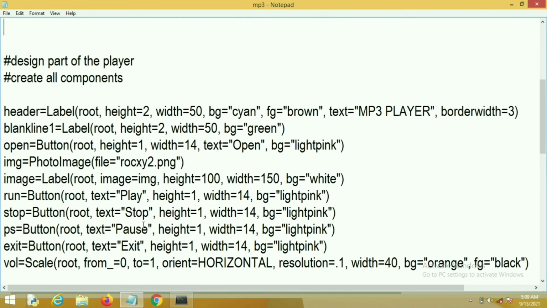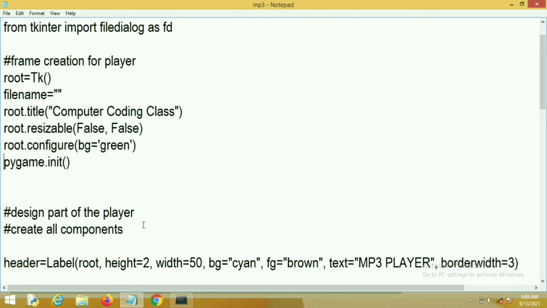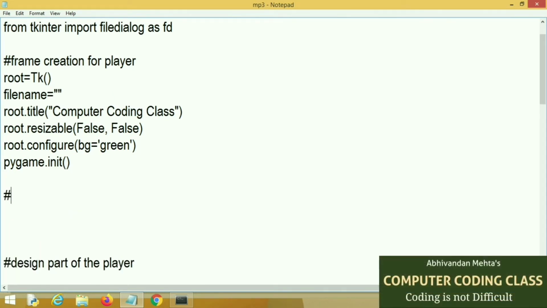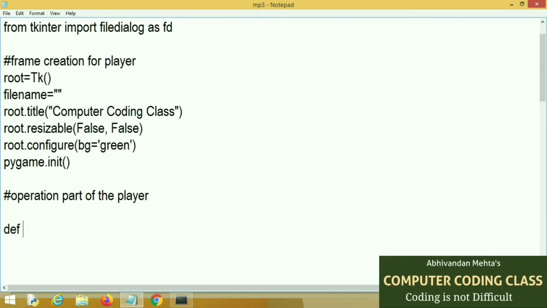So the last part is our operational part, but in the program we will write the last part after our frame creation. In this part we will create all the button functions.